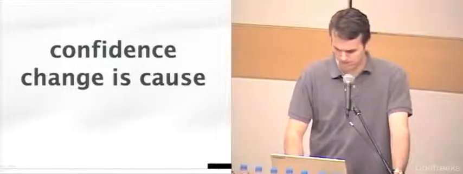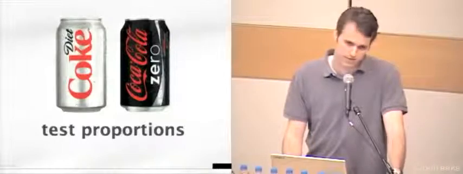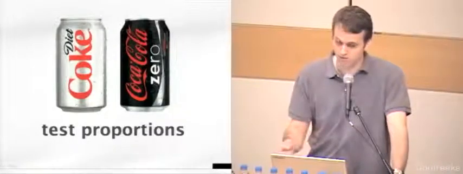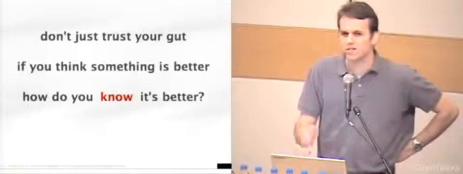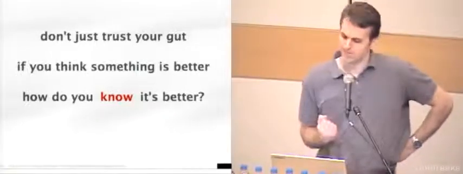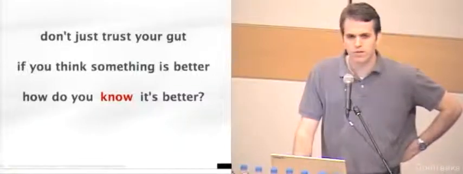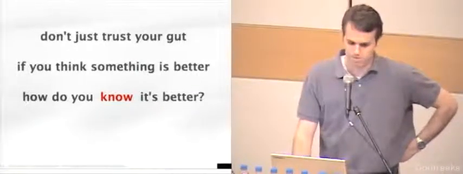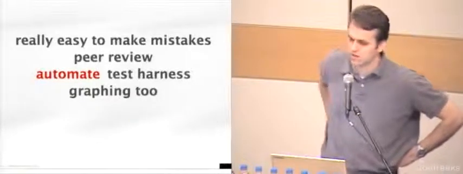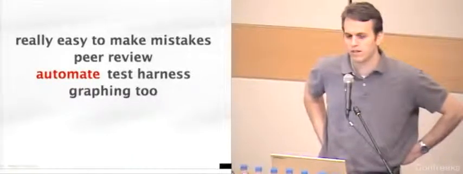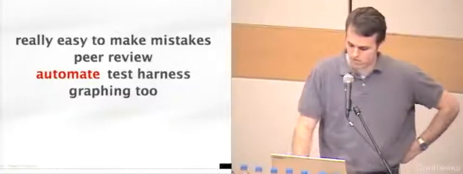All right. So in review, we've got a few tools now. We've got the z-test to test proportions, and we can use that for things like A/B testing. We also have the t-test to see if two samples are from the same population or not. So some of the takeaways: sometimes we change something we think is going to be faster, but my gut tells me... if you really think something's better, how do you actually know it's better if you haven't measured it? Okay, so with statistics, it's really easy to make mistakes. That's why it's really important that we have someone double check us, some peer review.